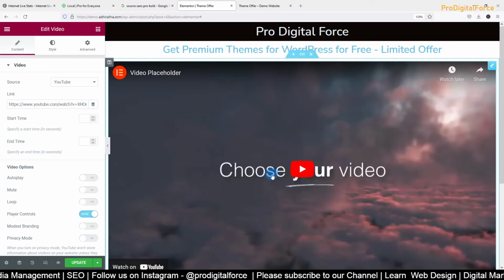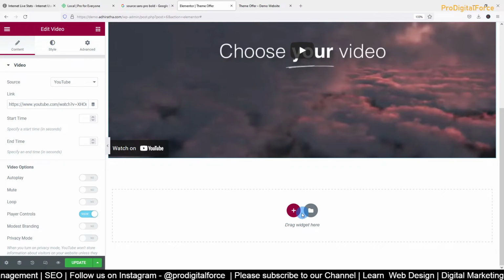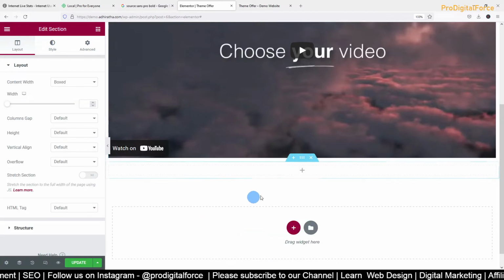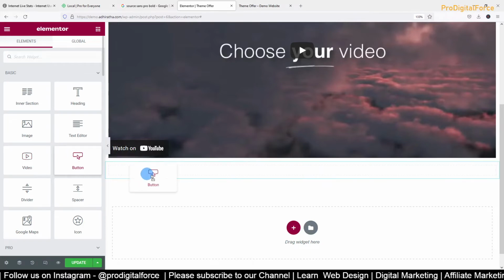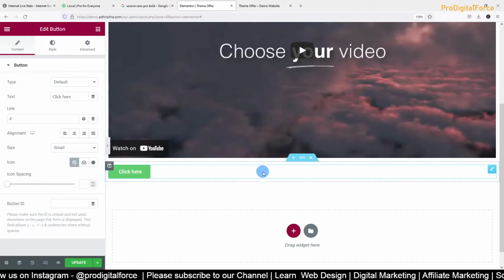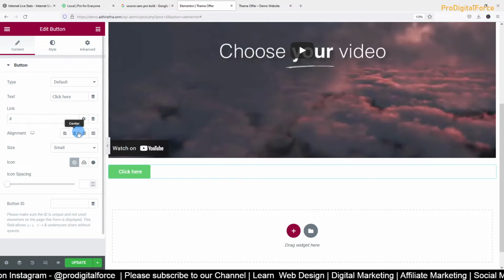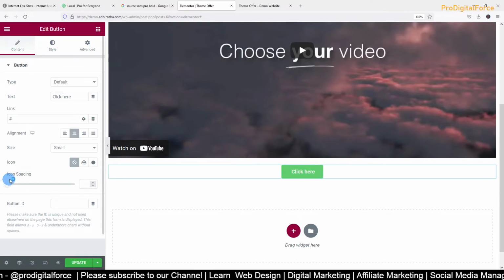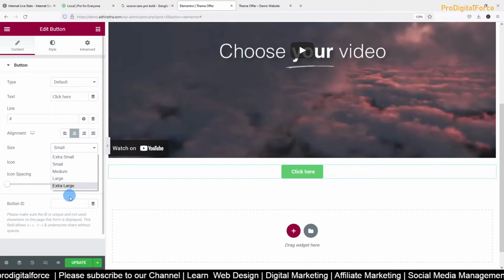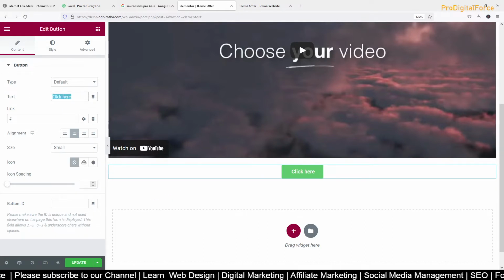Again I'll add one more button here. Again I'm using a center element. This also you can change how you want. Fine. Now instead of the default text,